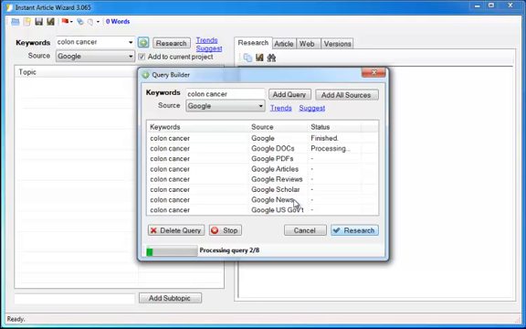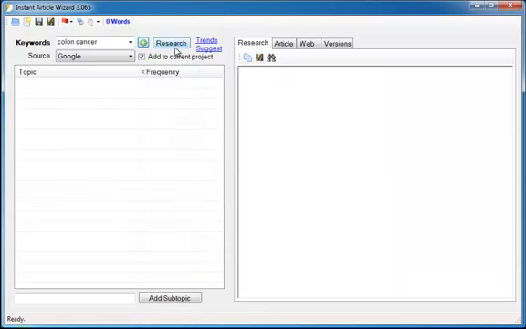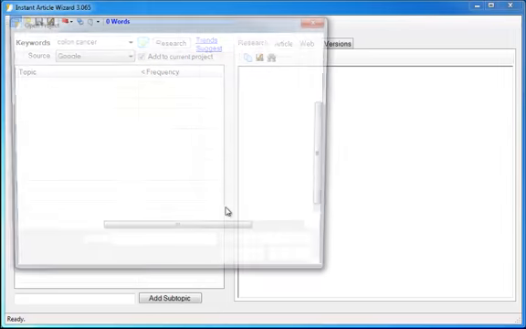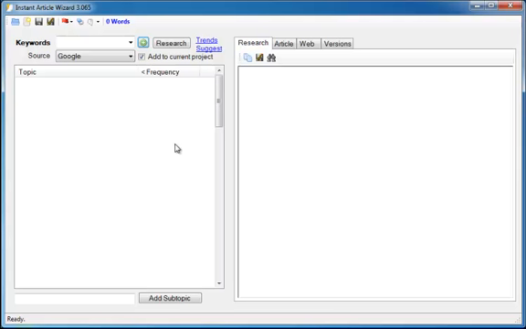But I'm not going to let that finish because I've already got all this research in a project. So I'm just going to click Stop. And I'm going to go and open up a project. Once you've done the research,